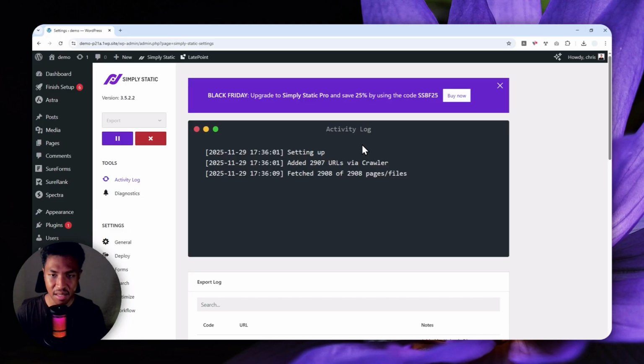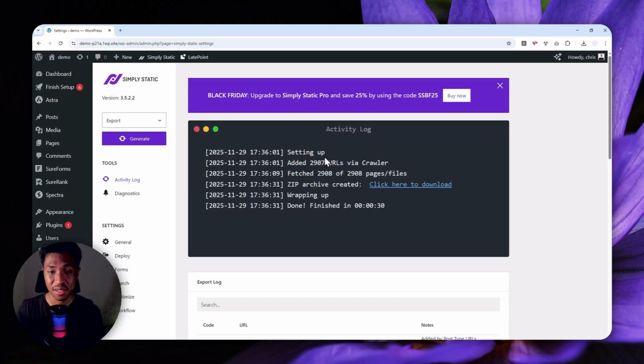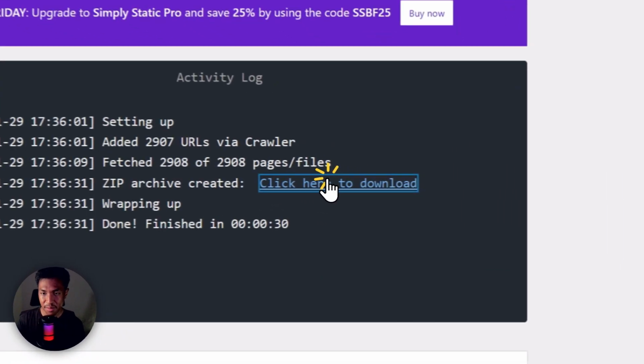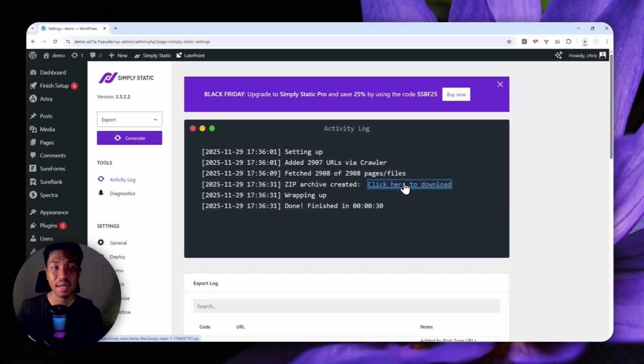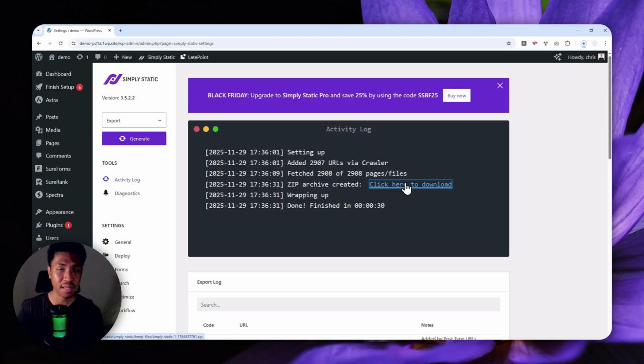Now apparently it is done or almost done. There you go, only about 30 seconds for almost 3,000 pages, so that's actually pretty fast. Click download and you'll get the zip file that later we can upload to platforms like Netlify, Cloudflare, GitHub Pages, or Tiiny Host. There are plenty of options out there, but for this video I will actually use Cloudflare